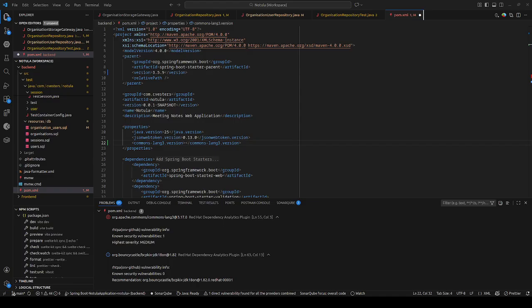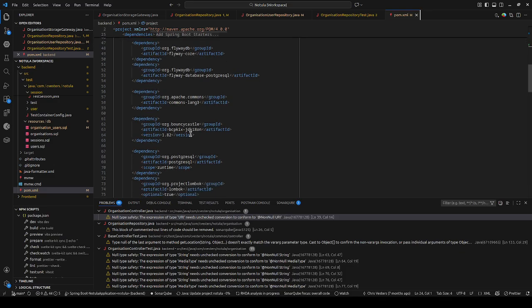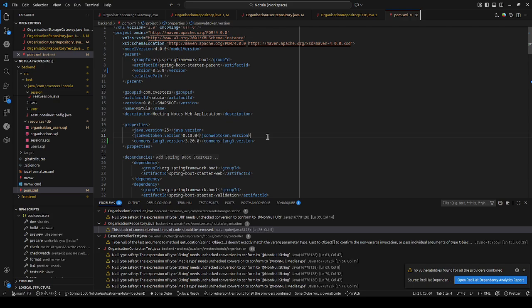Lang 3, search. Then you will see that 3.17 indeed has one vulnerability, 3.20 is the latest. And if I do this, the warning goes away. Okay, but so this is